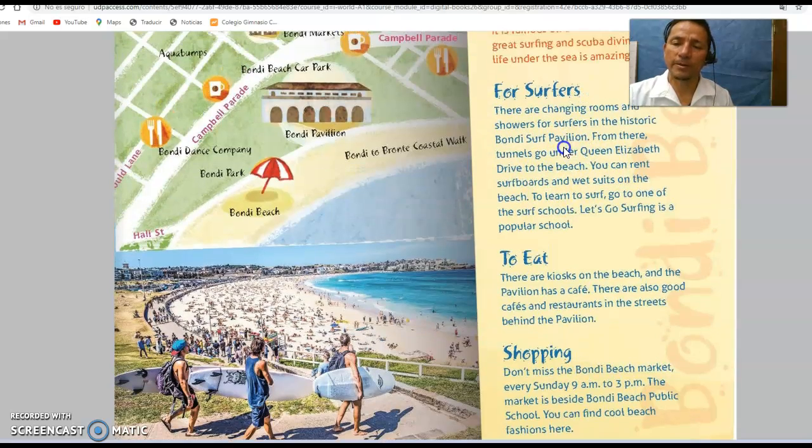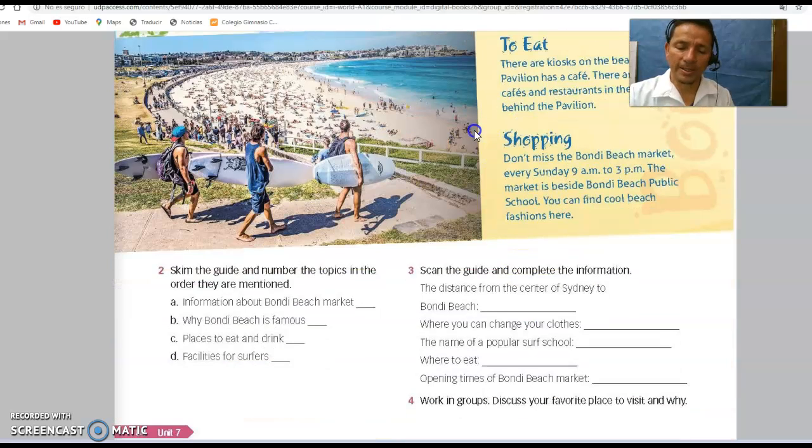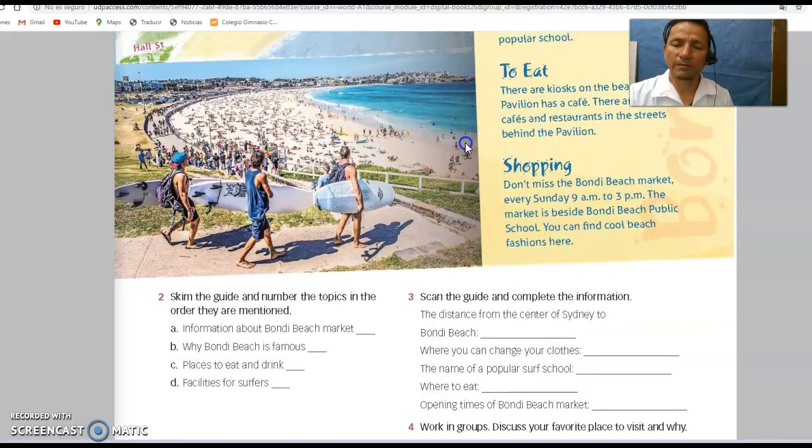Let me see. You can bring a surfboard to the beach to learn to surf. So there are tunnels that go under the Queen Elizabeth Drive to the beach. You can bring surfboards. So what is the specific name of this surfer school? So the name of this surfer school